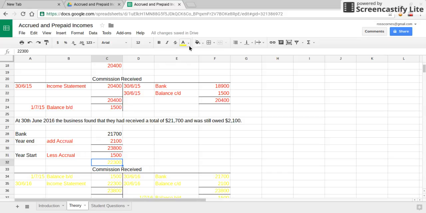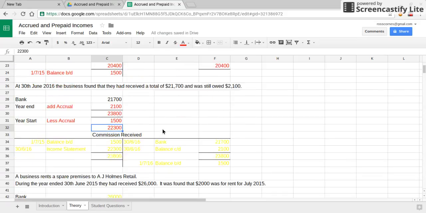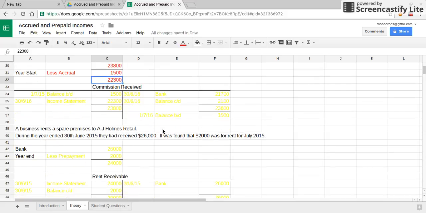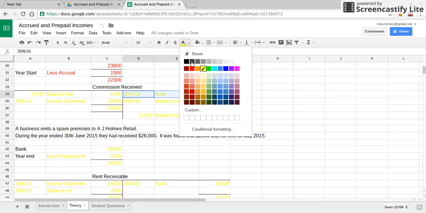Okay, so the real amount of income for this year should be $22,300. So let's just have a quick look at the T accounts. With the T accounts, get your easy marks first. We know that we've debited the bank because we've received money, and therefore we've got to credit the income received account,